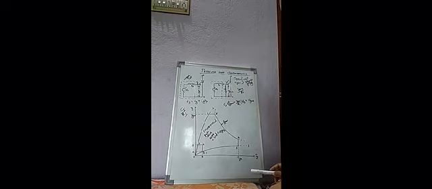So for selecting the operating point of these two circuits, let's take this circuit. For selecting the operating point, a load line of the gate source voltage ES is drawn. So here first I draw the load line. What is the load line here? How do we draw the load line here?